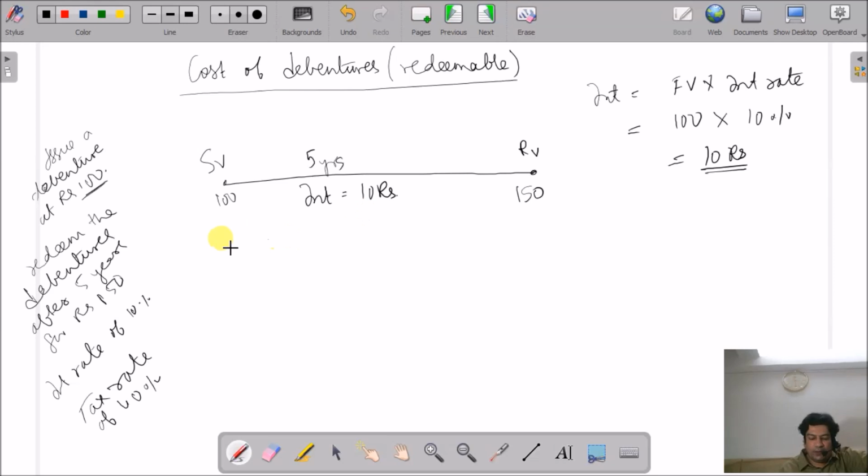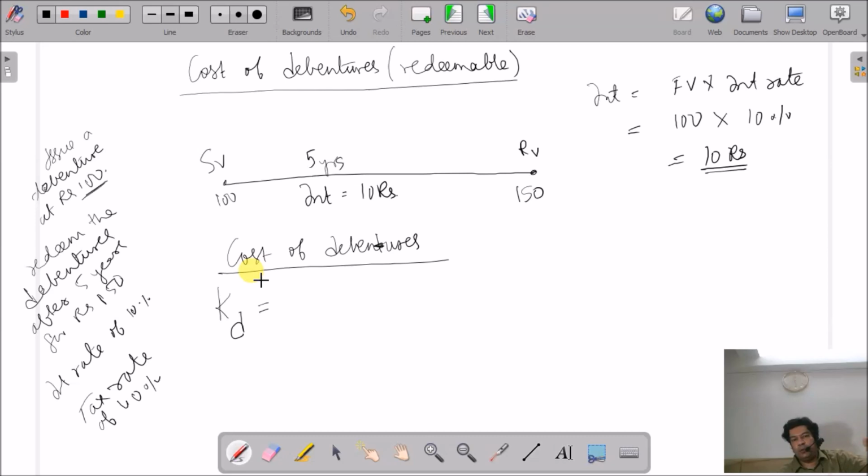Now I will find the cost of debentures. So you have to be somewhat careful. So the cost of debentures will be termed as KD. In this, as a company, what I am going to pay to them is interest. So interest will be my cost. Then here I will do 1 minus tax. Now you will ask what is 1 minus tax. 1 minus tax is called the tax saving. So I'll explain what the tax saving is. So interest into 1 minus tax, this is the net interest which I am going to pay,